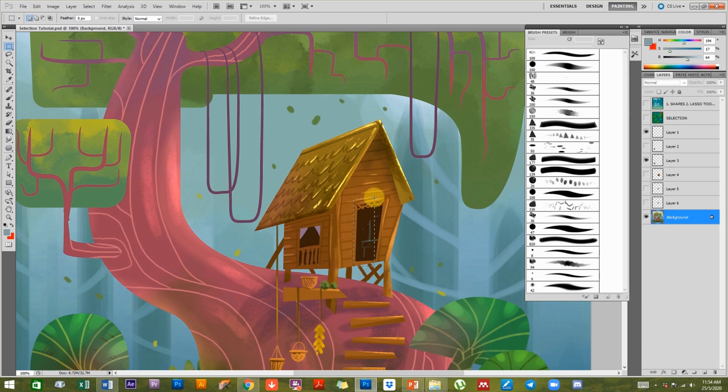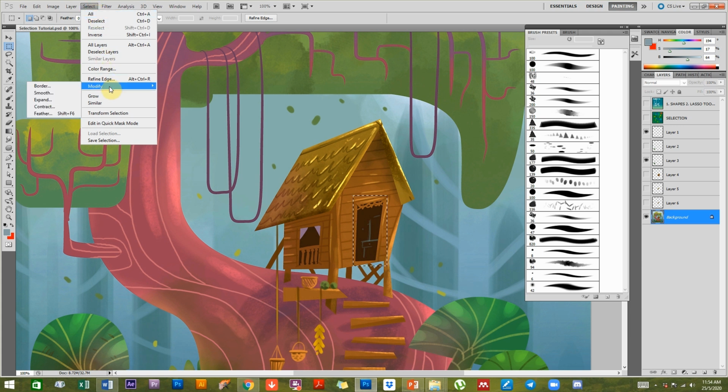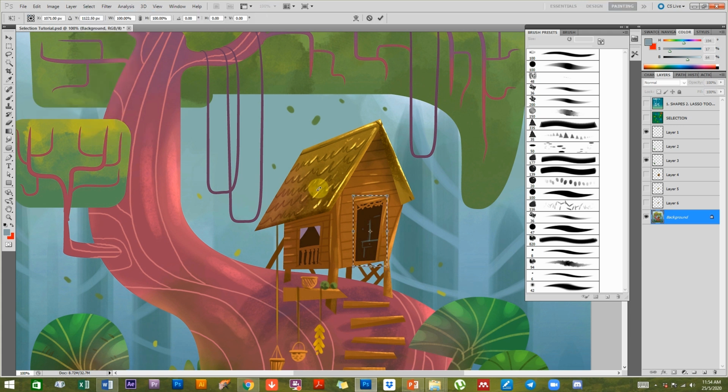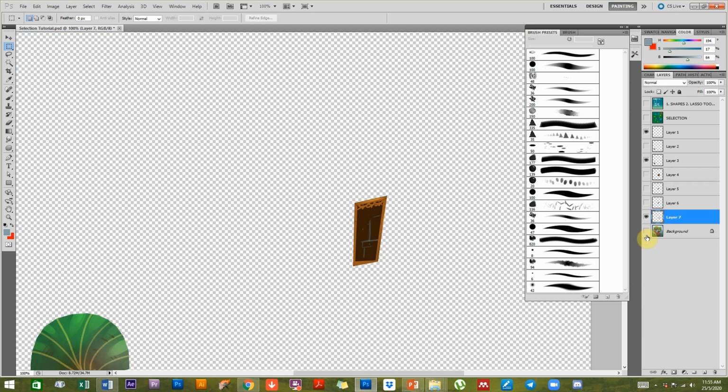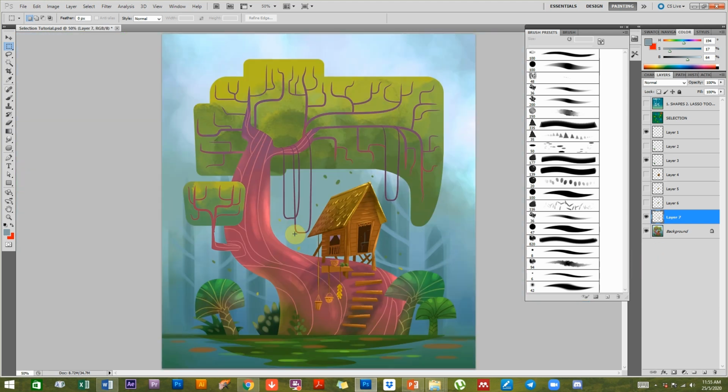Or maybe we want to select this door, right? What you could do is you could go to select, modify, transform selection, and actually change the shape of your selection. All right, so you can do that, and then you get the door, right? Copy, paste, so you get the door. You might be wondering, when would you ever use such a thing? You might, because for example, if you have a shape like this door, or you have an odd looking